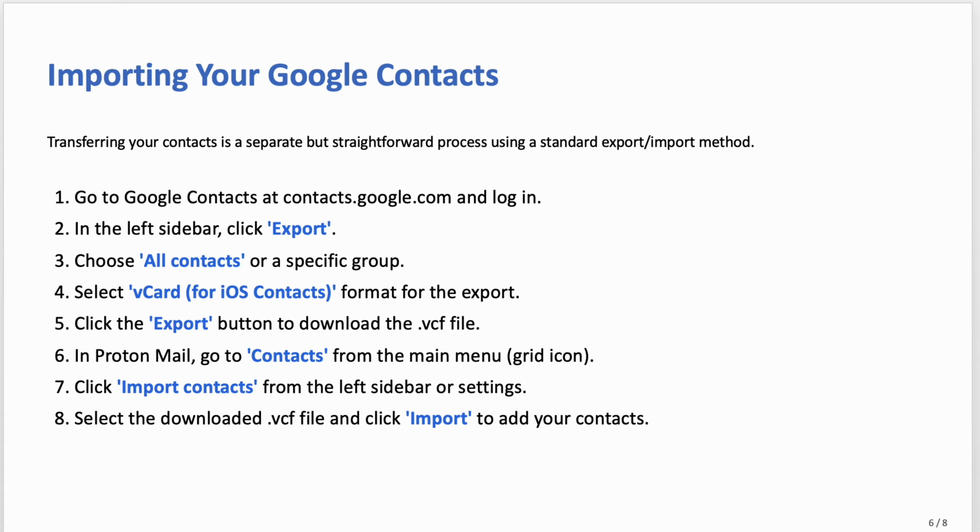Importing your Google contacts. For this, go to Google Contacts, then in the left sidebar click the option of export. Choose all contacts or a specific group, select vCard, and click the export button to download the .vcf file. In Proton Mail, go to the option of contacts from the main menu. Click the option of import contacts, select the downloaded .vcf file and click the option of import to add